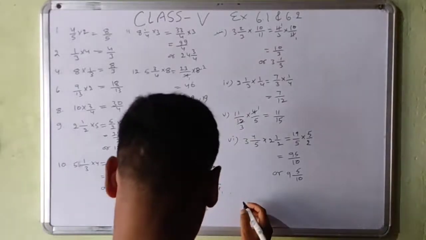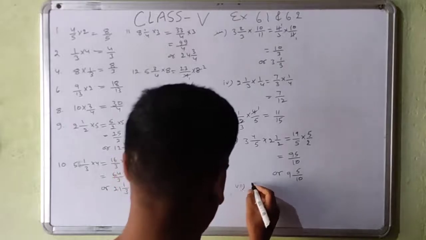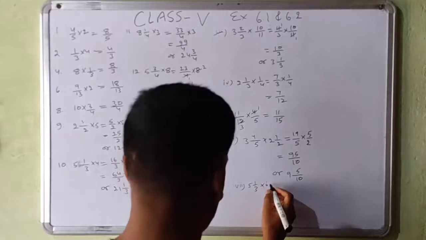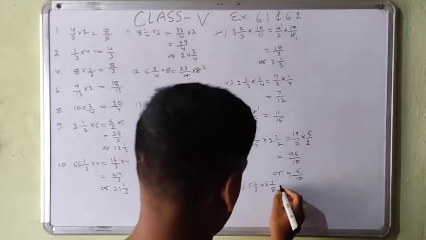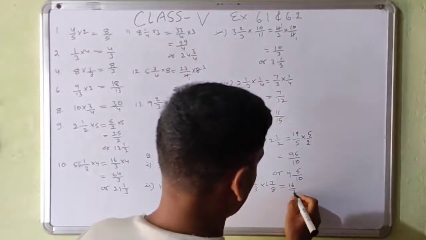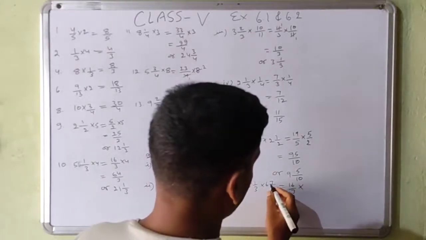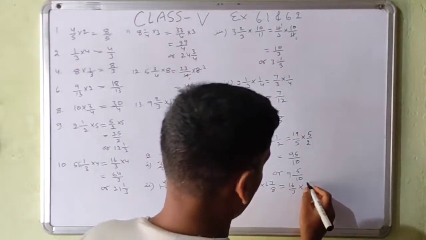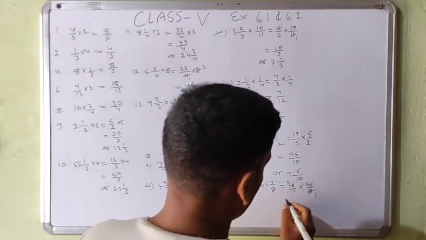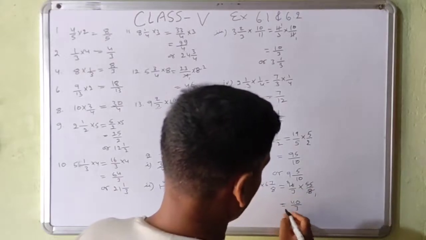Seventh part, 5 whole 1 upon 3 multiplied by 6 whole 7 upon 8. So that will be 5 3s are 15, 16 upon 3 multiplied by 8 6s are 48, 48 plus 7, 55 upon 8. 8 1s are 8, 2s. So that 5 2s are 10, 1, 11 upon 3, or you can write in mixed